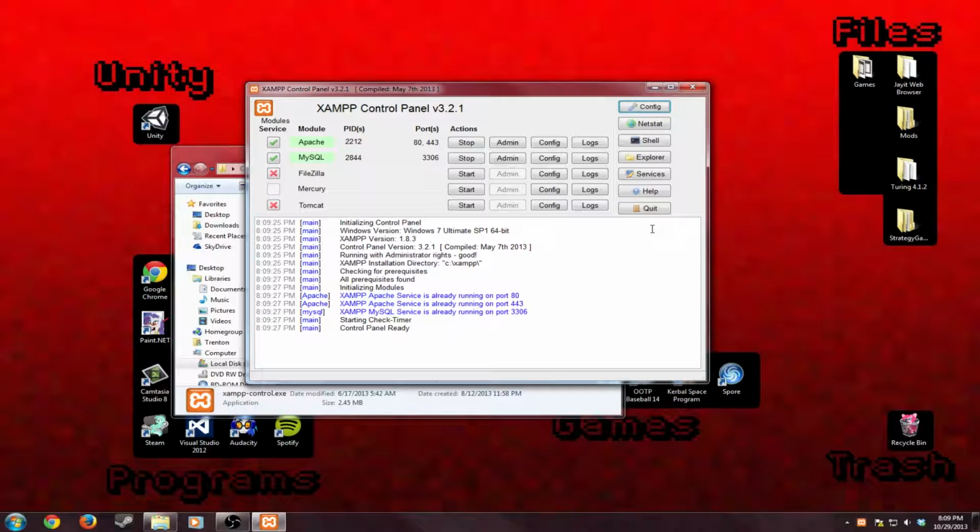Now, looks like Apache and MySQL are already running. We don't need MySQL running. All we need is Apache running. So if Apache isn't running, click the button that says start and that will start it. And once it is running and you see that it's running from the buttons and all the different things,